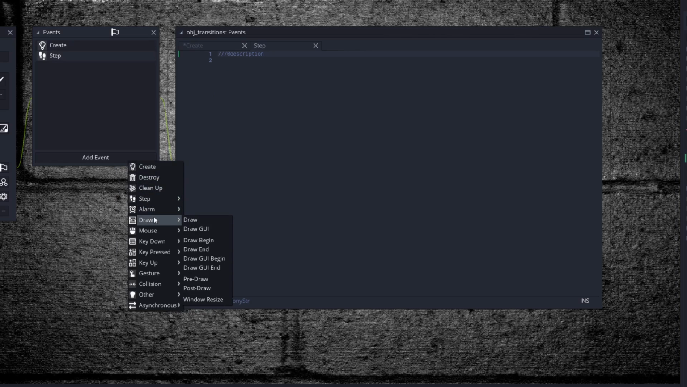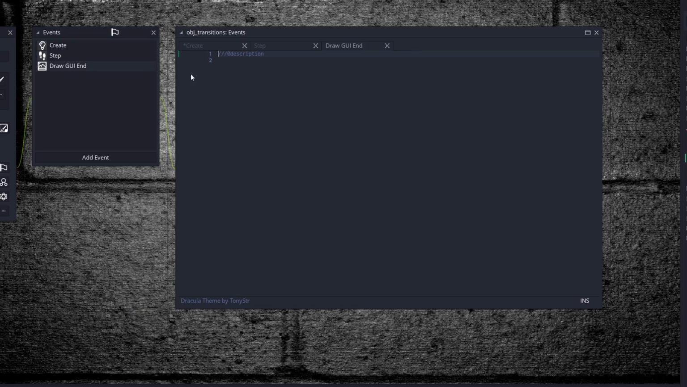Gonna throw in a step and a draw GUI event. Draw GUI end, actually. There you are. And in our step event,